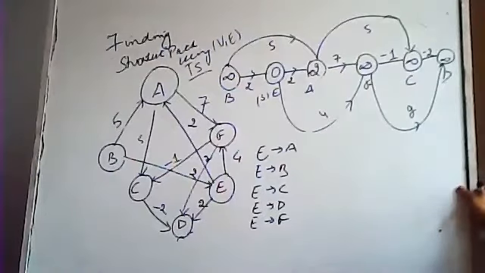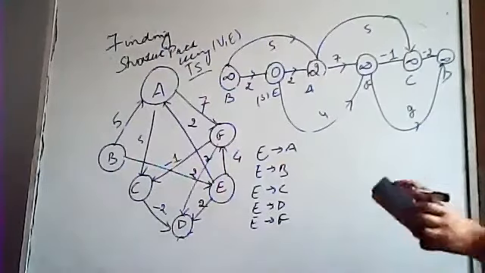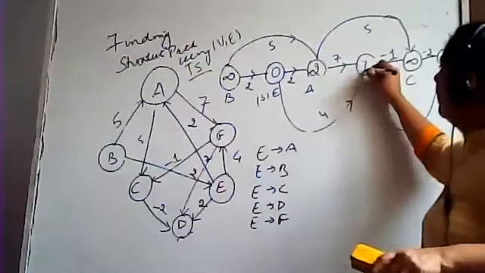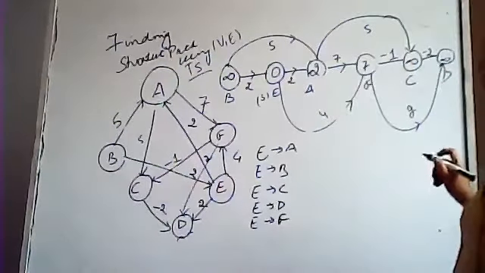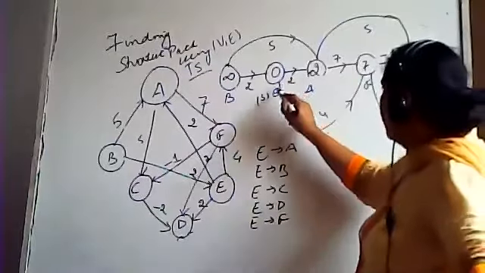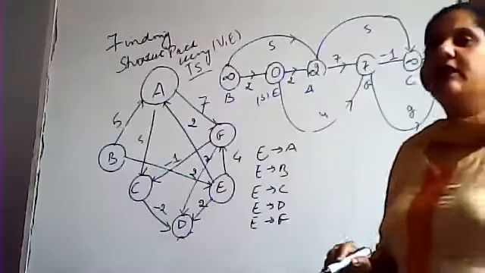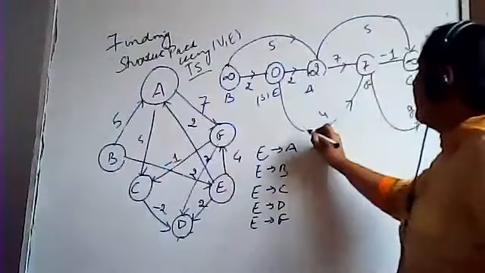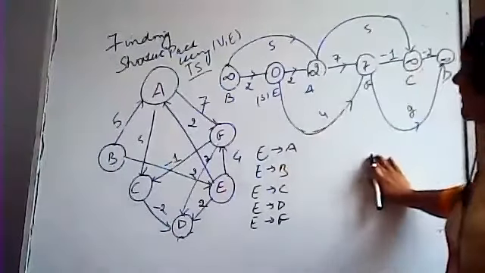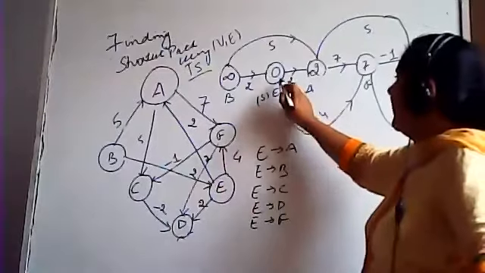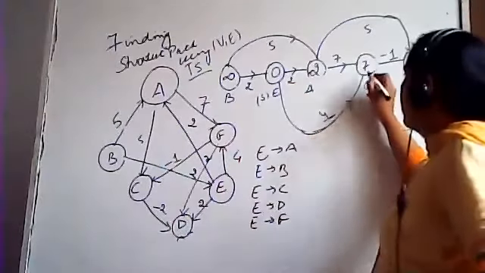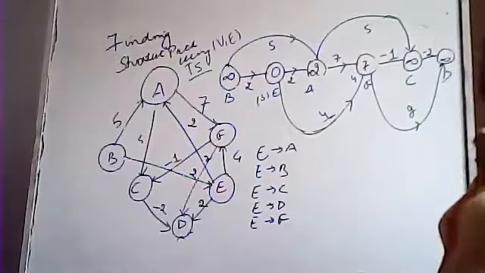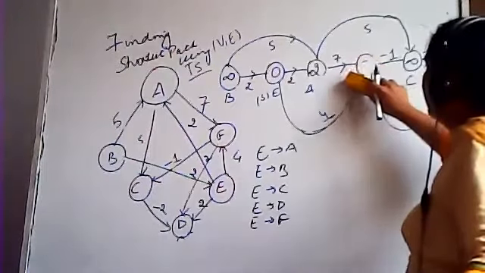Then a to f, what is the distance? 7. Put 7 here. Okay. Now see, one edge is coming from e to f. Now calculate the weight of that particular edge. If you find a better option, then you can update the previous figure with that. See, e's weight is 0, this edge weight is 4, so 0 plus 4 is 4. But we are having which weight? 7. So which is less? 4 is less. So you will remove 7 and replace it with 4.